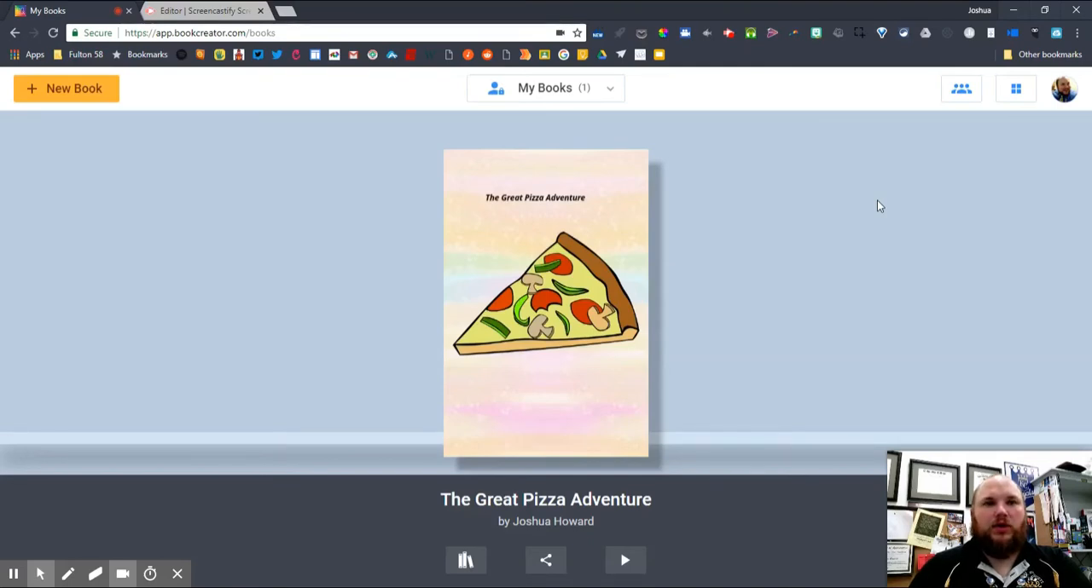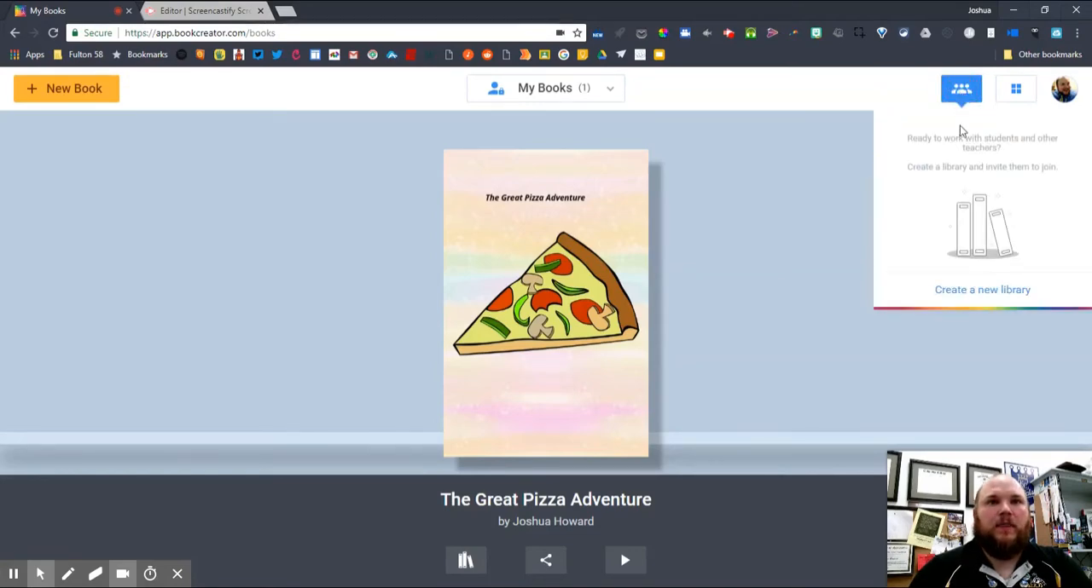So at some point while you're using Book Creator, you will want to have your students join you on here and create some books that you can see with your group. So to do that, you're going to come up here to the upper right-hand corner and click this group icon button. And you'll want to create a new library, and your library will be the way that you share with